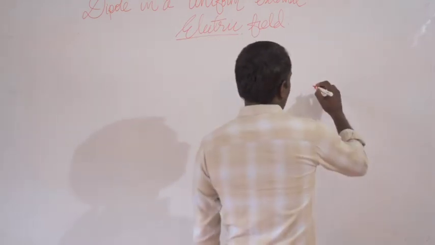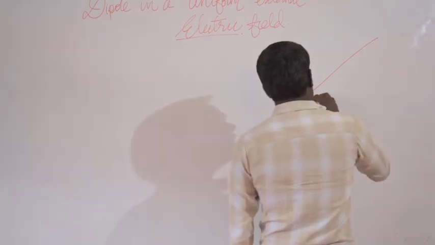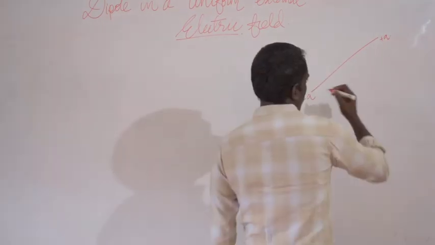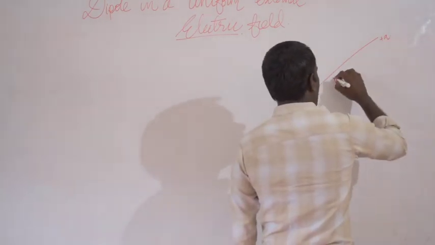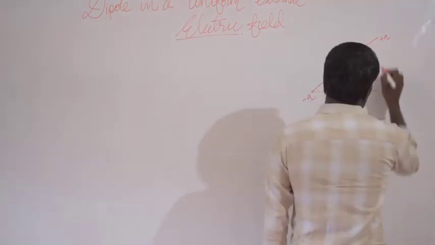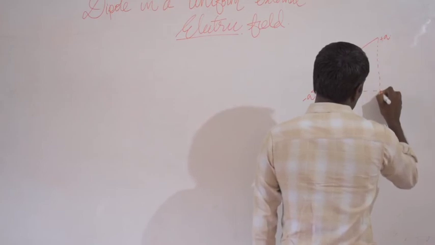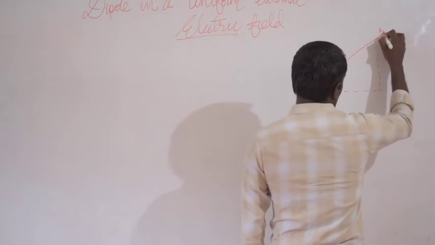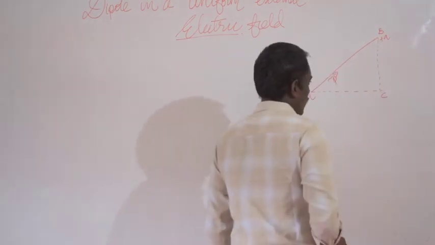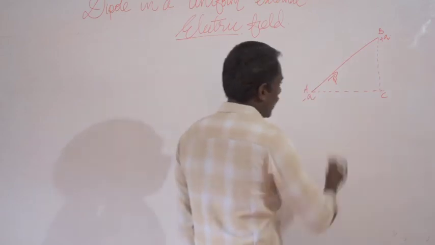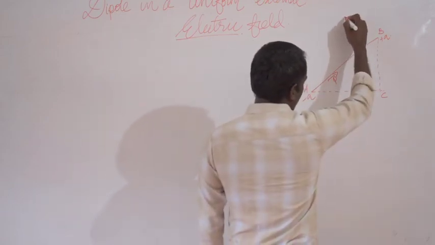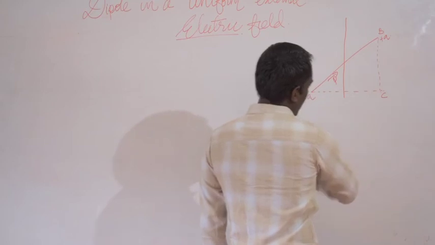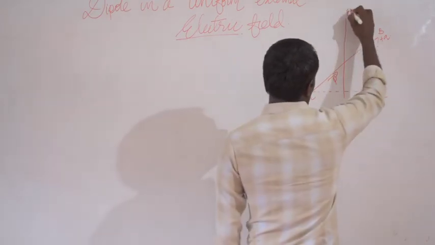Consider a dipole, minus Q and plus Q, placed at a distance between them, and the direction of the dipole moment is in this direction. The perpendicular distance between these points, here the points A, B, C. Okay. Now, an electric field is placed perpendicular to the distance AC, and this is the direction of the electric field produced,